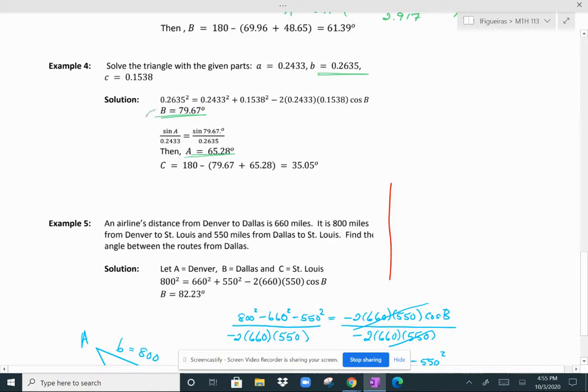So in order to find angle C, we add A and B, which is what we did right here, subtract the result from 180, and you get that angle C is